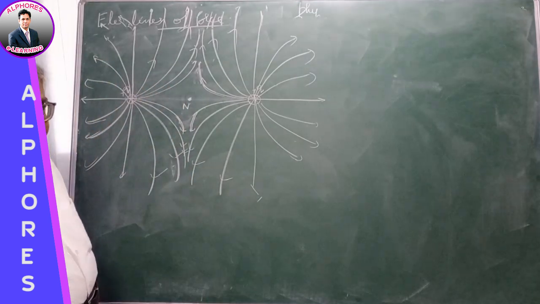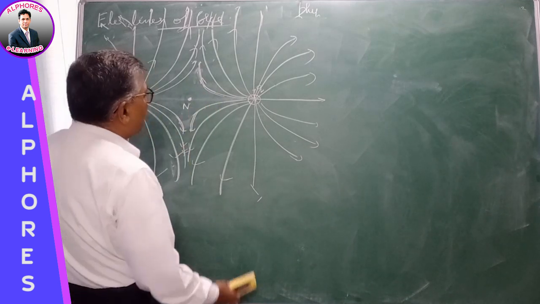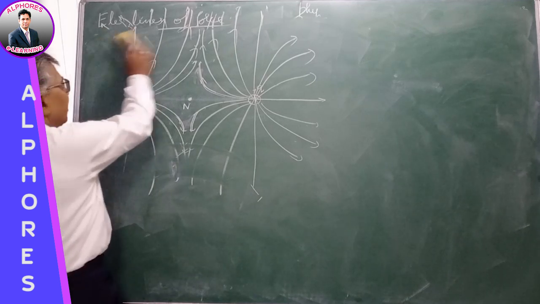This is the pattern for the electric lines of force for two equal and opposite charges. Next,